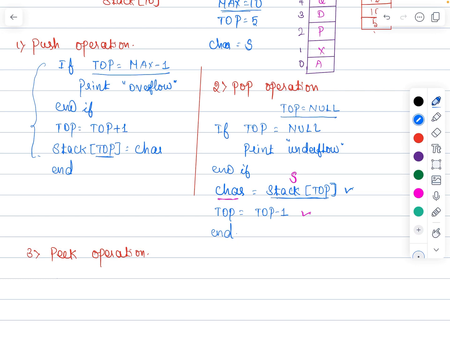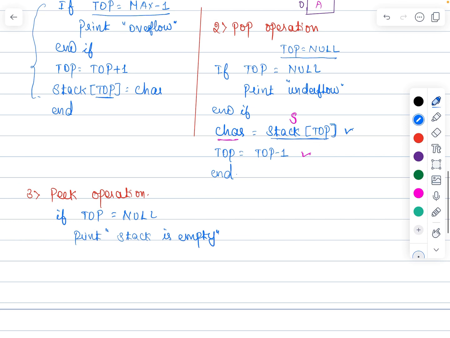the stack. However, the peek operation should first check again if the stack is empty, that is, if the top is equal to null. If the top is equal to null, which means the stack is completely empty, it has to print that the stack is completely empty. So the peek operation cannot be performed. Otherwise, if the stack is not empty, it has to return the stack topmost element